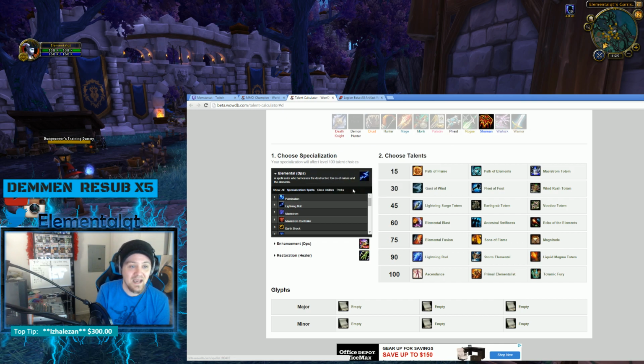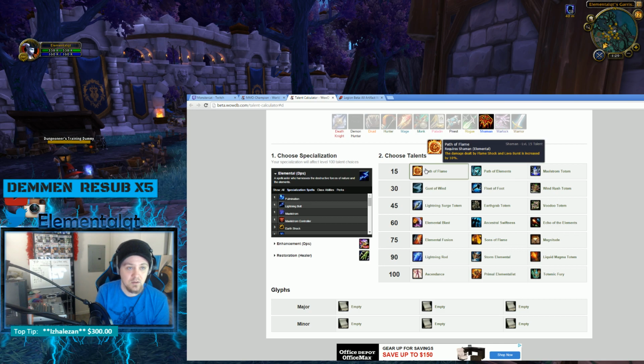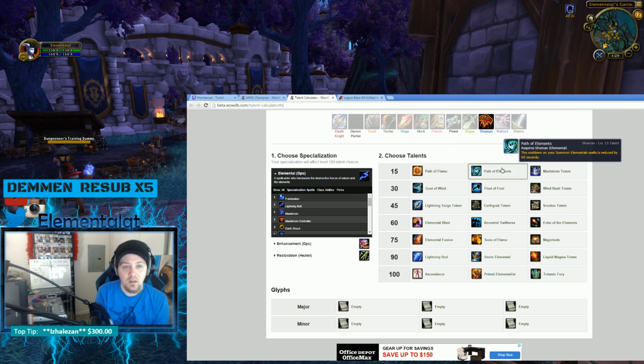First one is called Path of Flame. Okay, so this requires Shaman Elemental. The damage dealt by Flame Shock and Lava Burst is increased by 10%. Simple. Simple. Next one is called Path of Elements. The cooldown on the Ele...